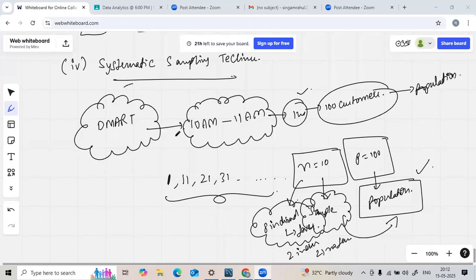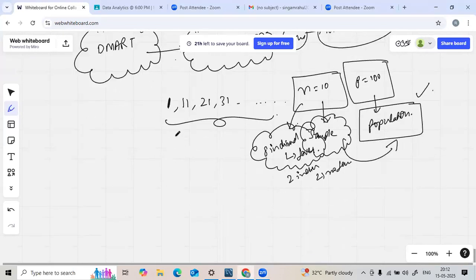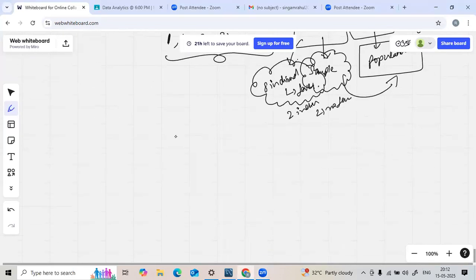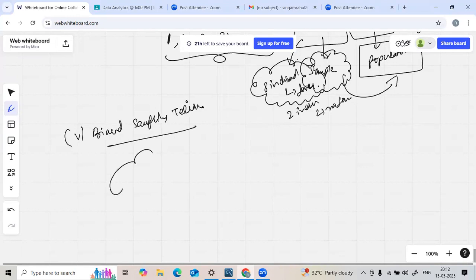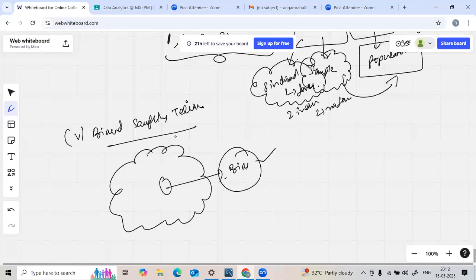Right. Now, in the same way, you have one more type of sampling technique called the biased sampling technique. Biased sampling is nothing but you are going to take a sample out of your population based upon some bias. Wantedly, you are going to take a sample out of your population based upon some bias. So, for example,